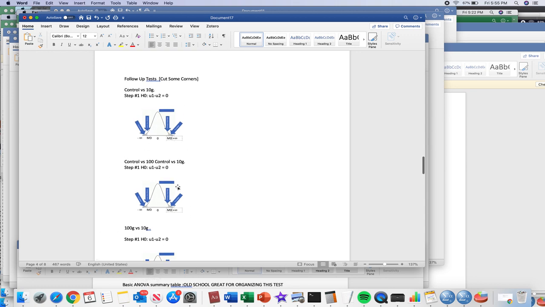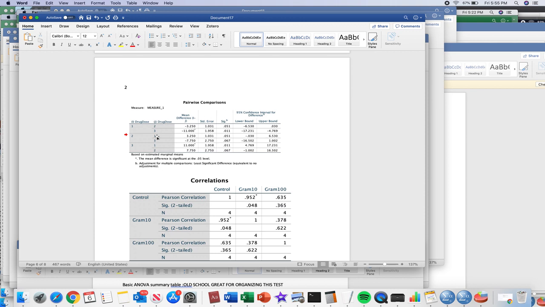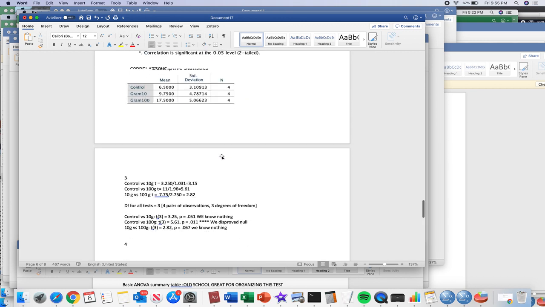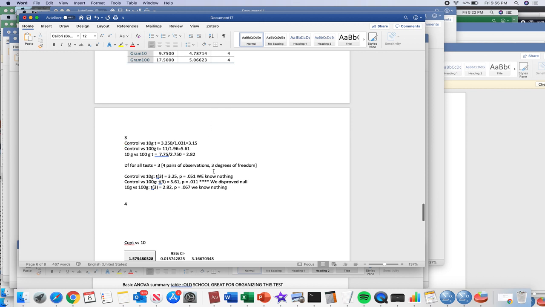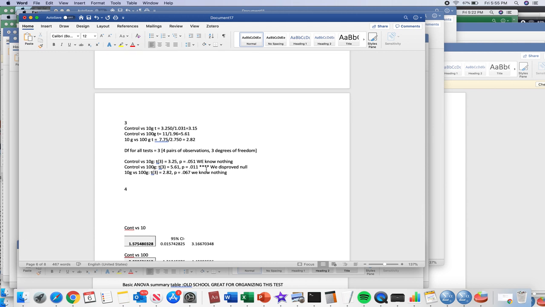I left out the 0 because we already talked about it. I got what I need to calculate everything I need to calculate. I then got to calculate my t-test by hand, which kind of sucks. I then get my degrees of freedom for all my tests is 3. It's just how it works out. Then I get